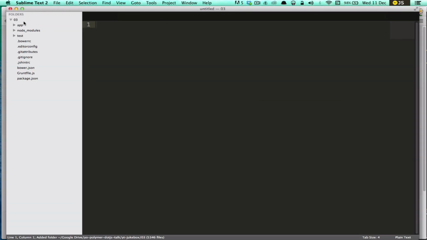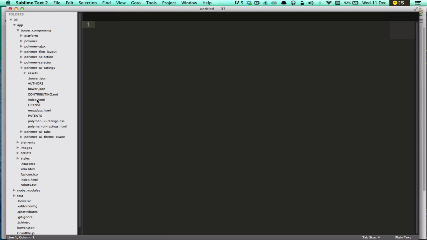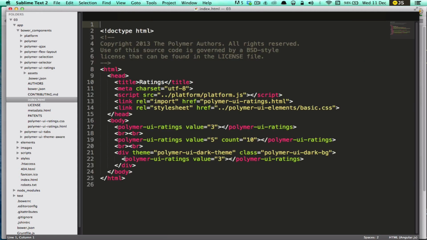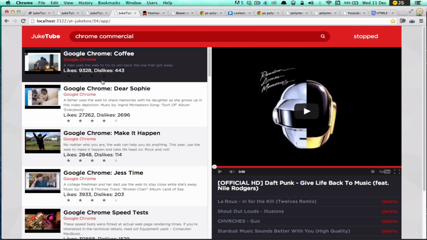It's done. And if you go into app, you go to Bower components once again, you'll see that we have ratings here. All I have to do to start using ratings is this one tag. I include this element using an import, and then I just say what value I want for the limit on the count of those stars. Here you can see we're configuring it a little bit further. We're saying, okay, I'd like to set this by default to be 5 out of 10 stars. By default, the count is going to be 5. But you can easily configure this to be whatever you want. Here you'll see that we're probably just using 5 stars, but